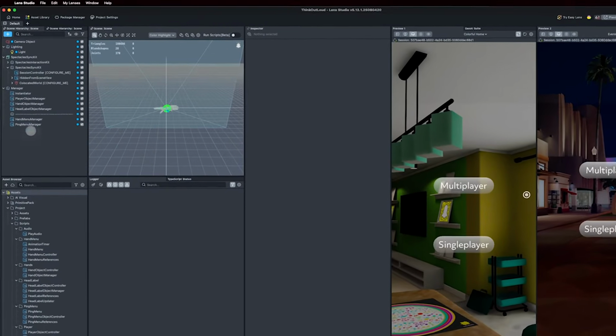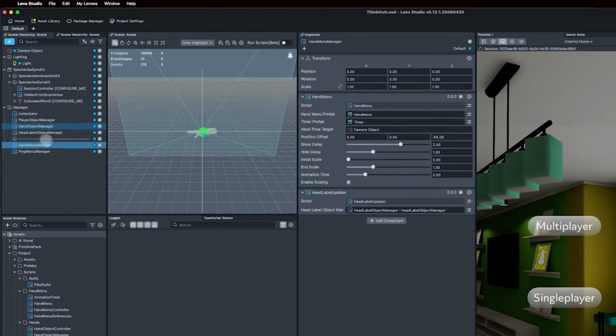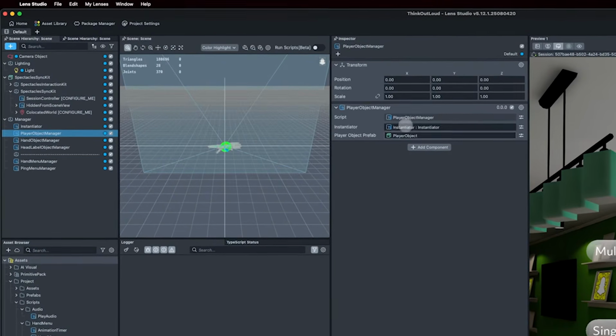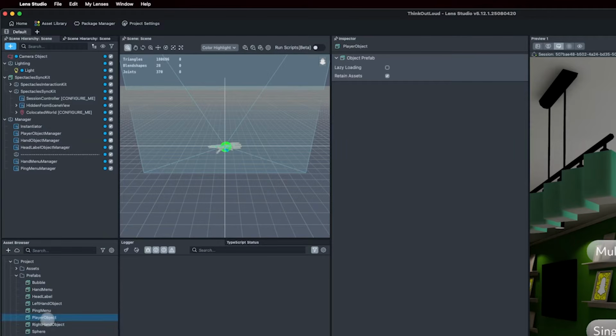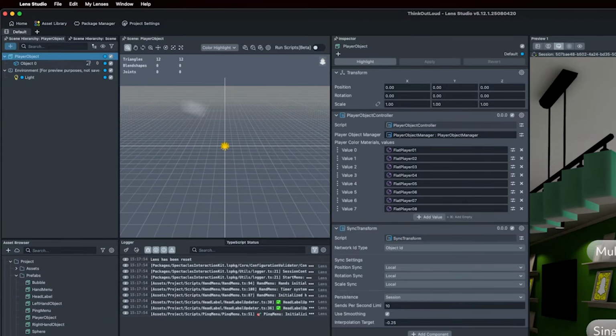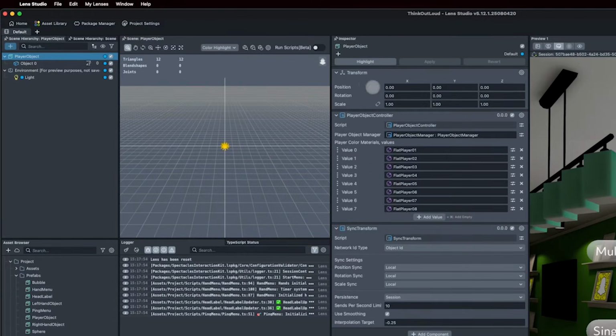So starting from the Lens Studio side of things, you can see the player object manager, which is here, has a player object prefab, which we can right click and select on top of it. Then if we double click on the player object, we will see that the player object has a player object controller, and then we have a sync transform. Sync transform, as mentioned before, is a subset of sync entities. And in this case, what we're syncing, guess what, is the transform, which is this component that allows me to retrieve position, rotation, and scale of that specific scene object, that in this case represents the head pose of